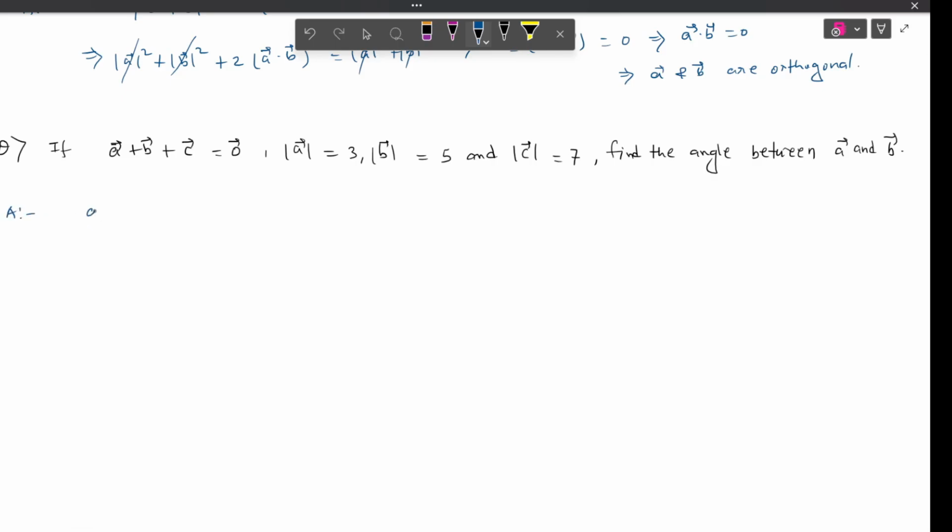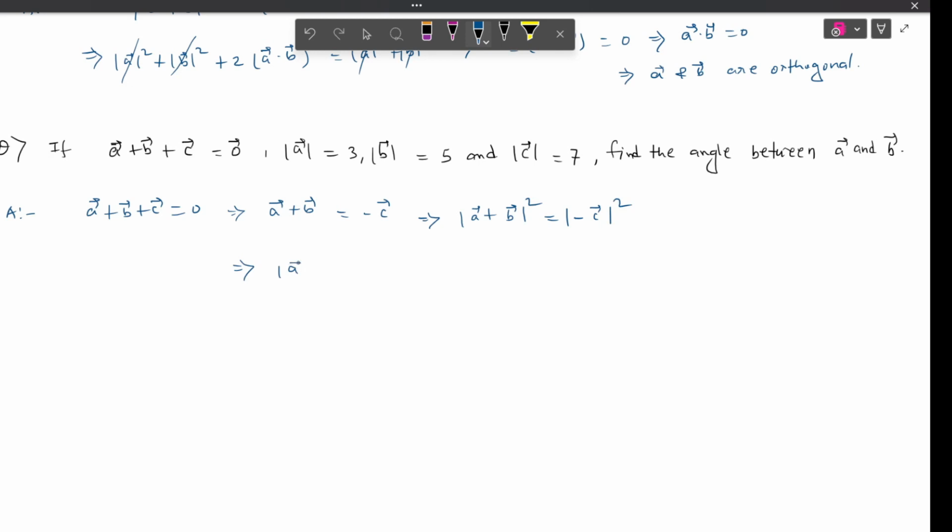It's given that A plus B plus C is 0. So we can write it as A vector plus B vector is minus of C vector. If we take the modulus on both the sides, it would be mod of A plus B vector, that should be mod of minus C vector. And mod of minus C is C. And if we square on both the sides,